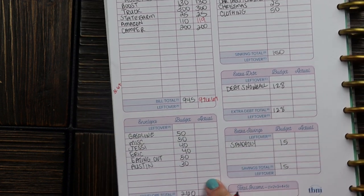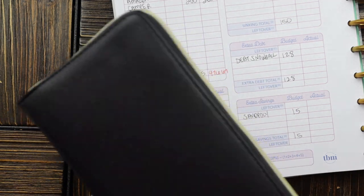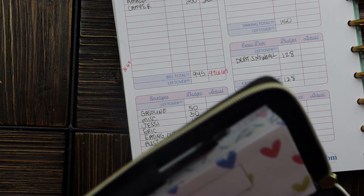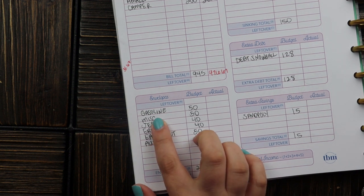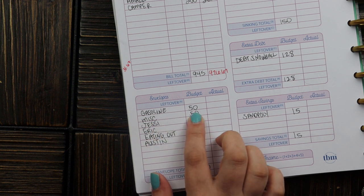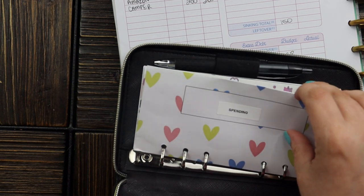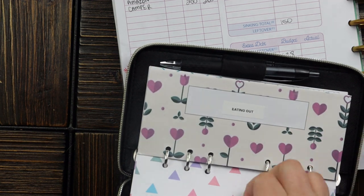Moving on to our cash envelopes now. We're going to pull in my cash envelope so that we can compare. I have my wallet here. This wallet comes from Amazon. And so we're just going to reference this as well as my transaction log here. So for gasoline, I budgeted $50. And if you look here in my envelope, you will see that it is completely empty